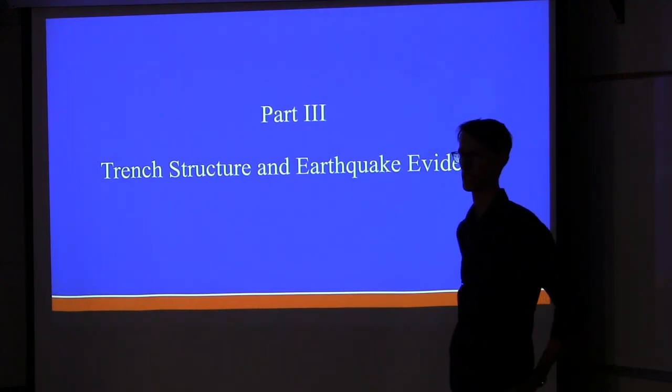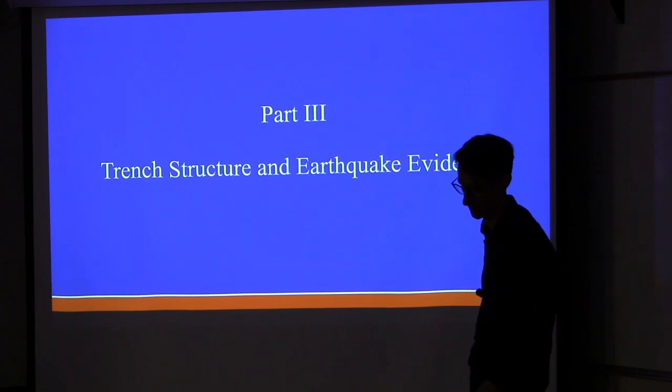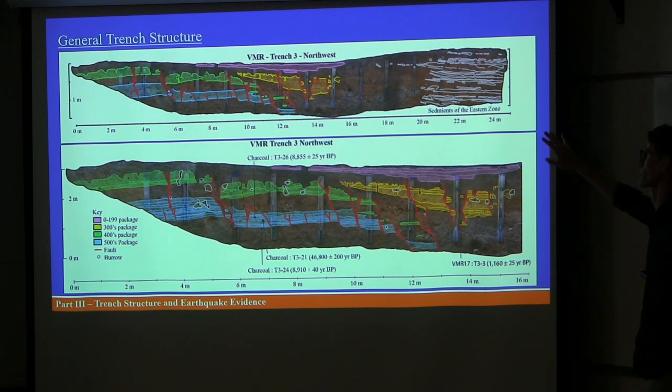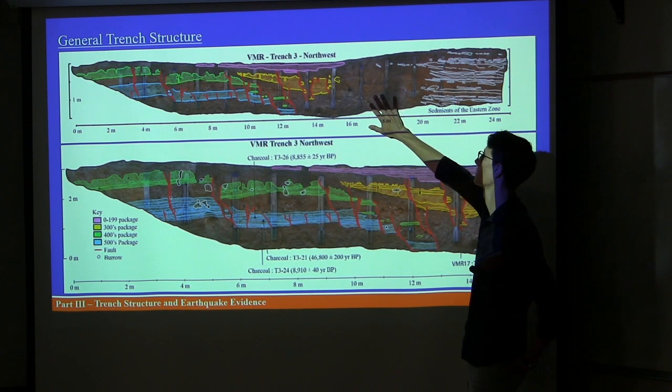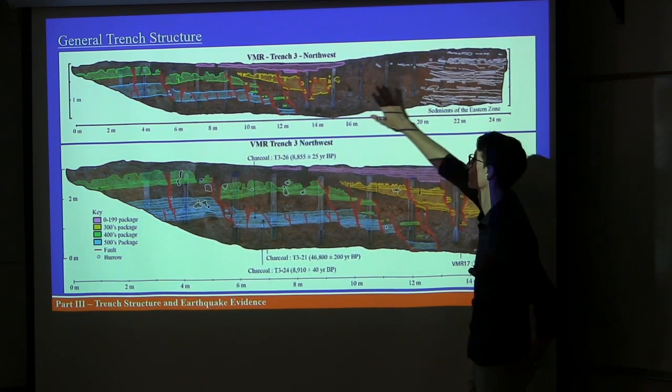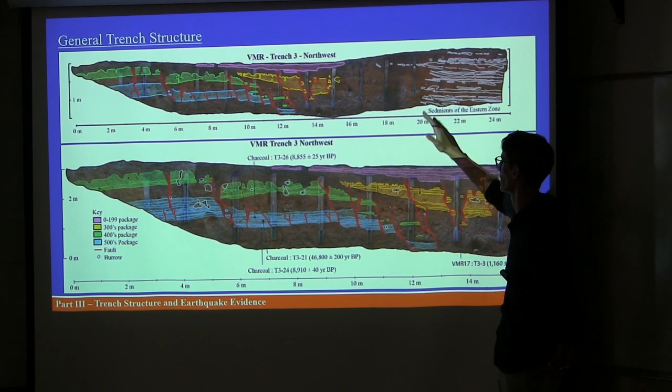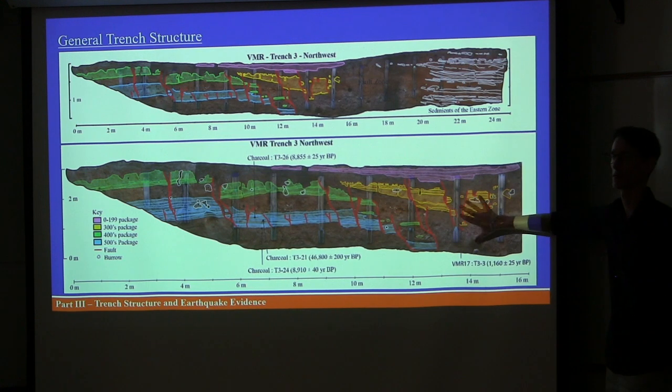So now we're looking at the data we were actually able to pull from Van Matre Ranch. Here's the trenches. As I said before, we had this featureless fault zone, so we weren't able to make any correlations between the eastern sediments and the western. So we're just going to cut that off and start to look at this trench in more detail, the western